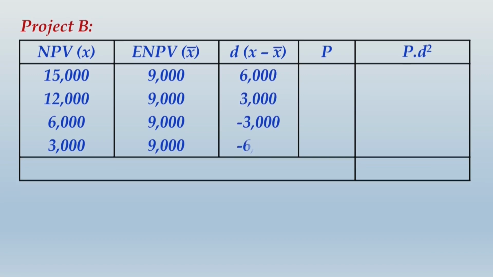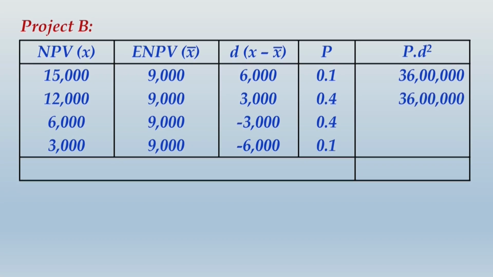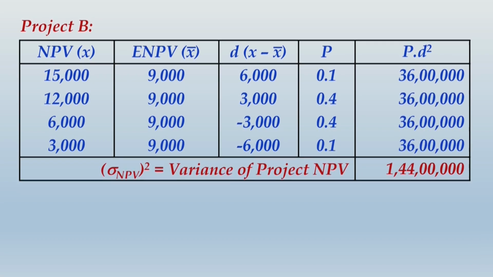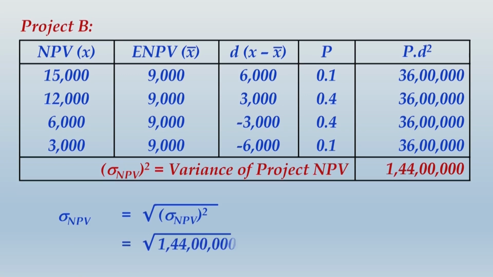The deviations are exactly the same in both projects because NPV and expected NPV were the same, but the probability distribution is a little different in this project. Therefore, when you are computing P into D square, the variance of the project NPV is a little different, and taking the square root of the variance you will get the standard deviation with respect to NPV, that comes to